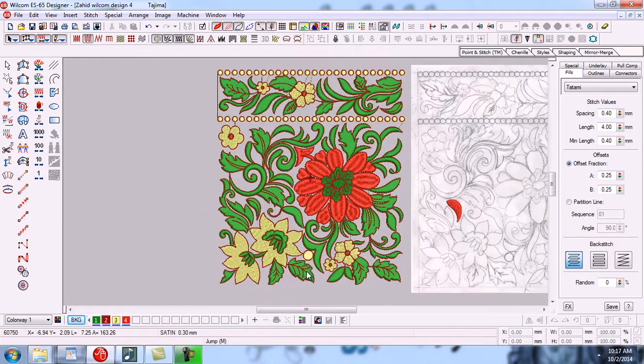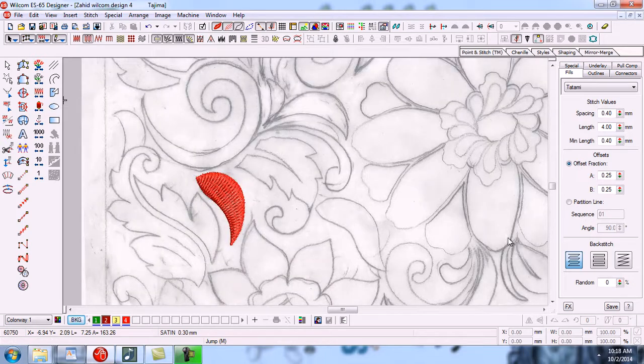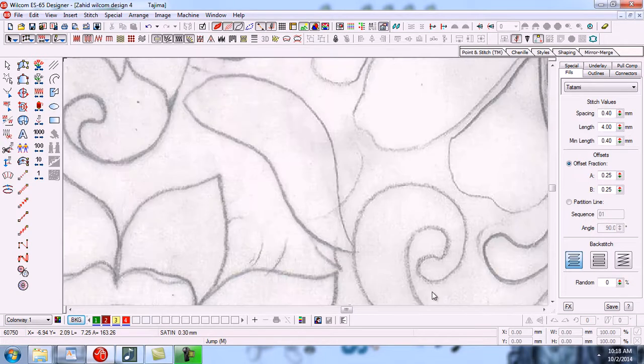Now we will make some other objects with input A. Now we will make this object with input A. Click on the object. We have to start this point with left click, and second left click with two left click.